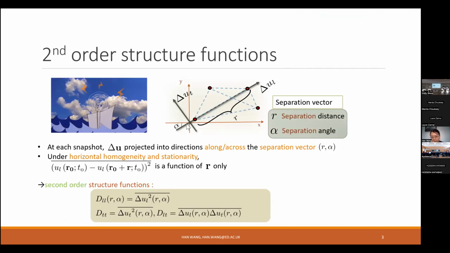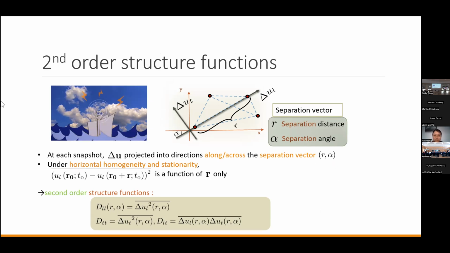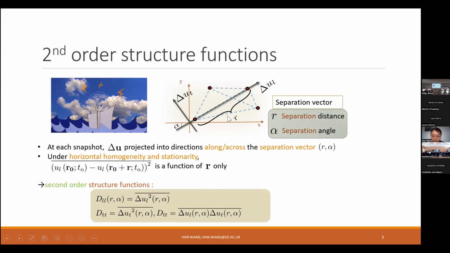And the second-order structure function just mentioned is defined in this way. Are there some questions? Oh, it's defined this way. Suppose we have these drifters on the ocean surface. Oh, sorry, I'm hearing some reflections. Probably my computer, sorry. Yeah, suppose we have some ocean drifters on the surface denoted by the red dots here,